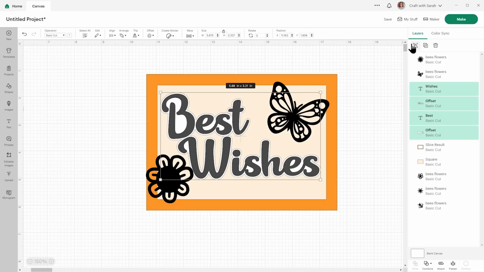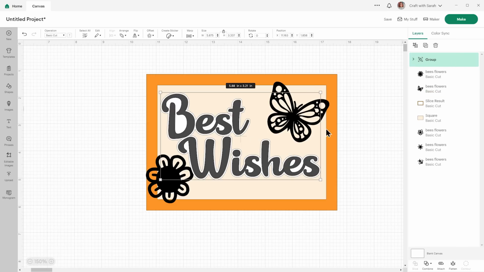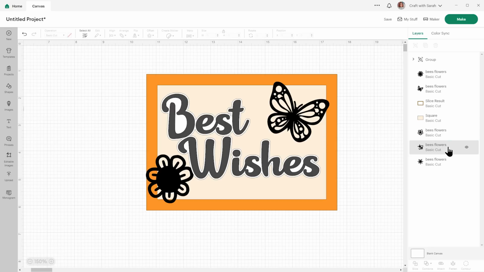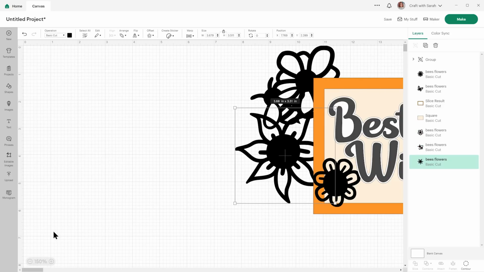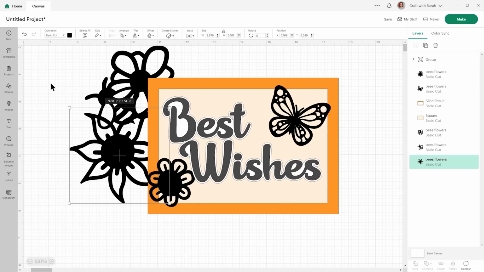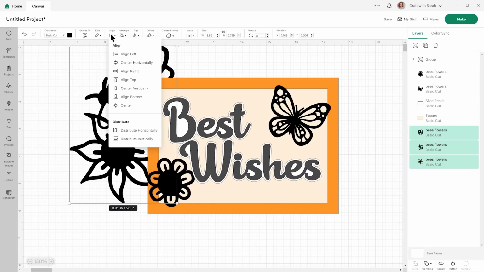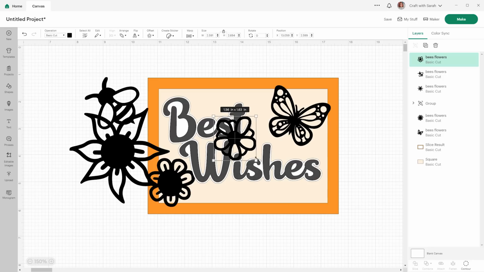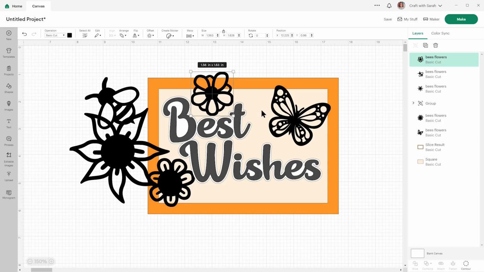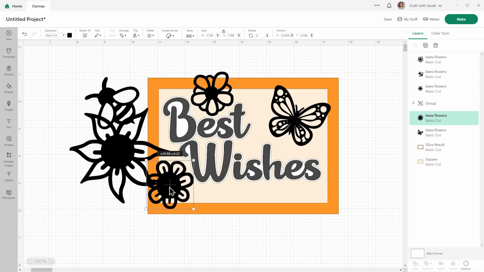So I'm going to group all of these text layers just so that they're all contained together and I'm not accidentally going to move them about. All right, where are my other pictures? Just move them closer. Move them to the top. At this point, I'm not worrying so much about colours or anything like that. I'm just trying to get these in to a nice layout.